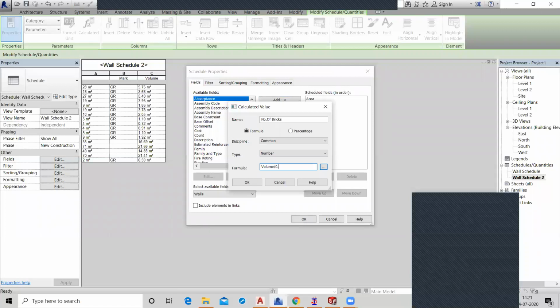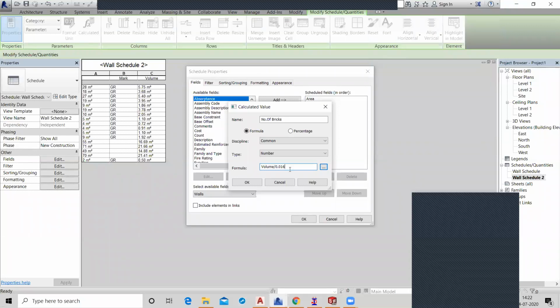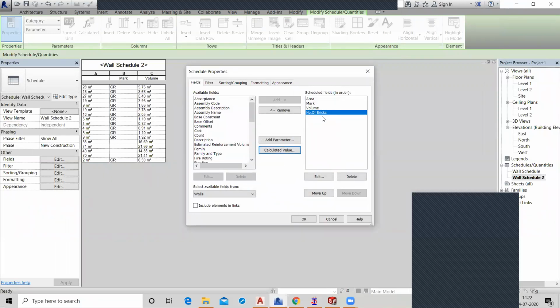You just calculate. This volume is in cubic meters, right? You just click OK.